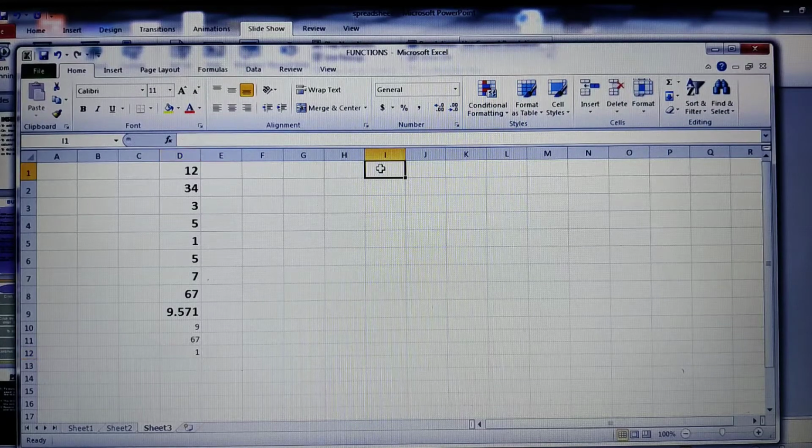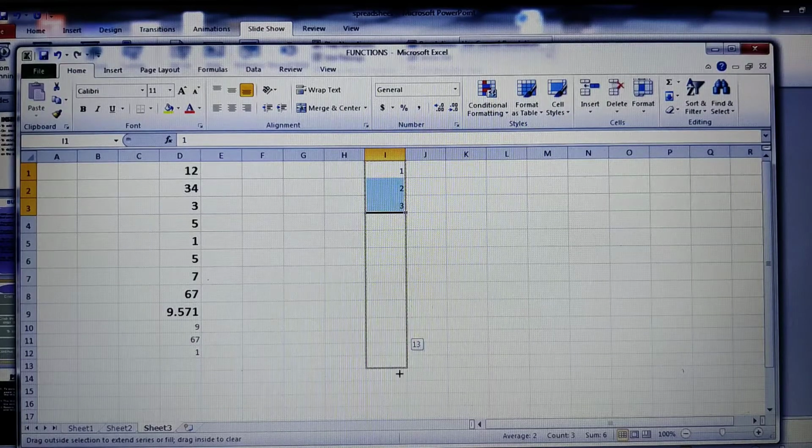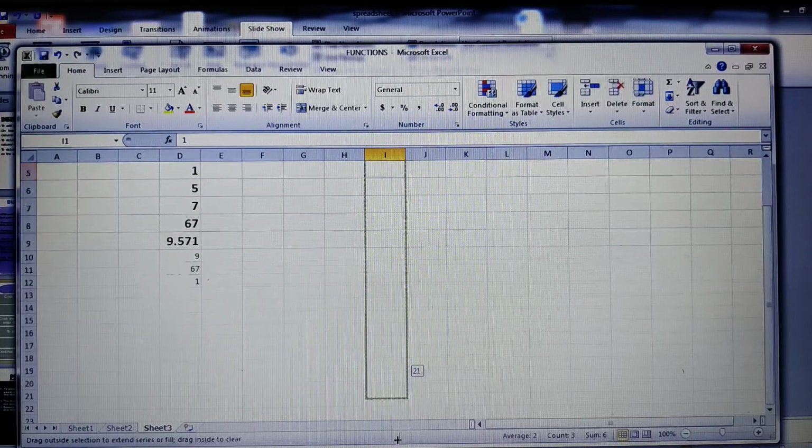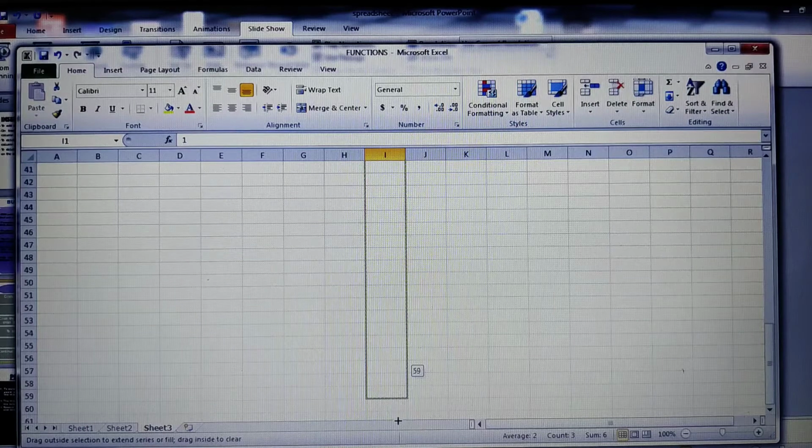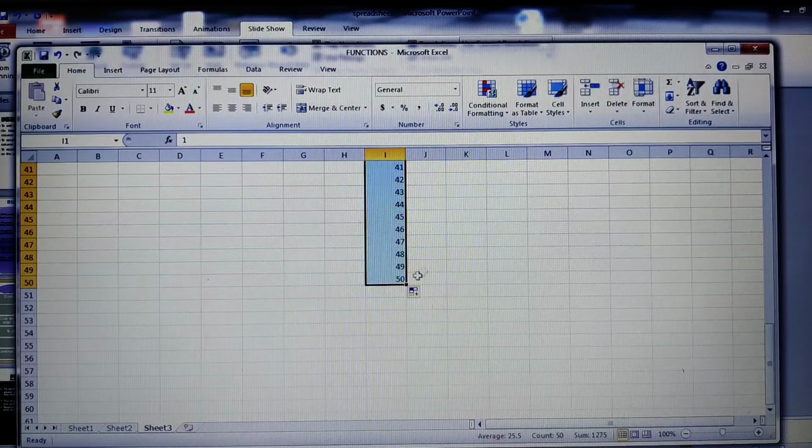Now here I want to even show the AutoFill option, student. Now see here, I'll just click on 1. Okay, you want numbers like this. I don't want to type these numbers, maybe if I want till 50 or something, I don't want to type it. What I'm going to do is just drag here till 16, 17. Can you see, I want the numbers till 50. So 50 I want. Click on this.